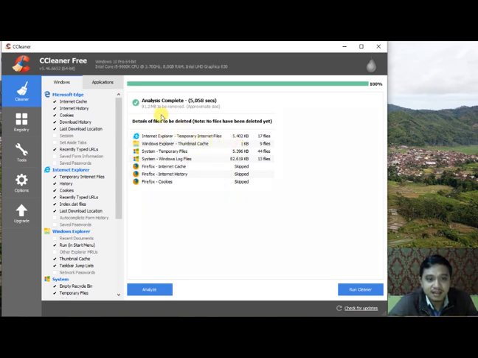After we see the analyze complete, you can run the cleaner to actually delete the temporary files you do not want. So there is a chance to boost your computer performance. Then we actually run the cleaner.